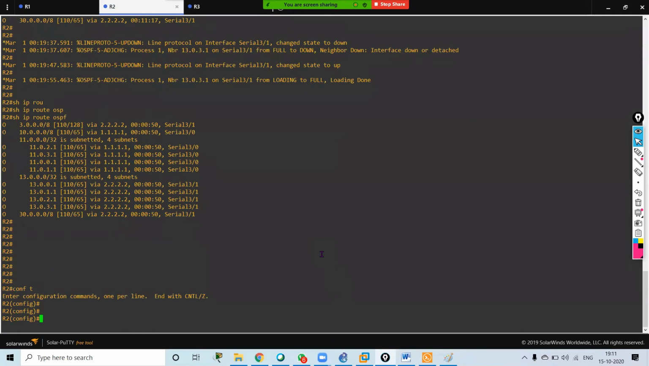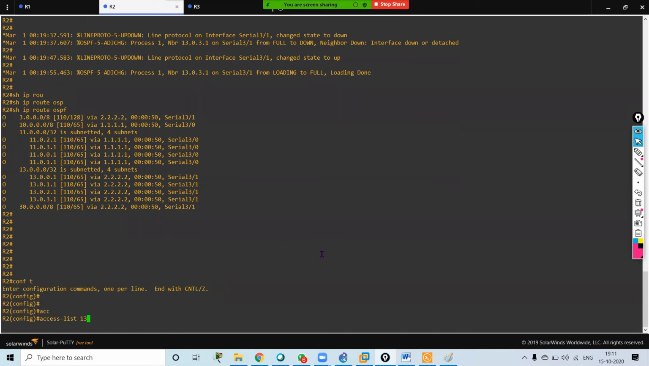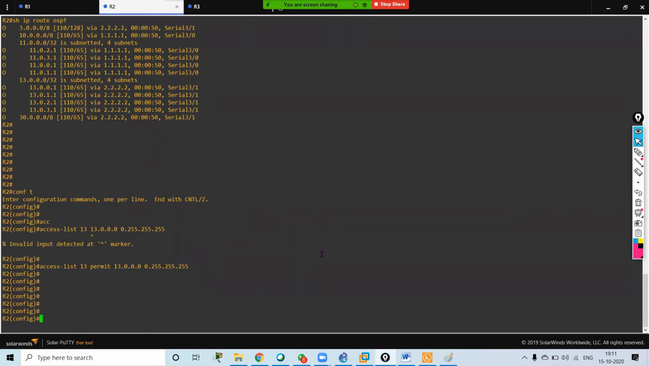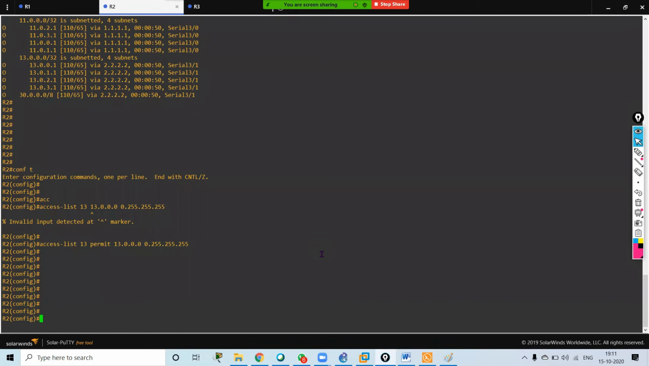You have to do it on R2 only, because OSPF doesn't support the out direction. So access list 13, or any number: 13.0.0.0, 0.255.255.255. Okay. Permit. Okay. Then route map